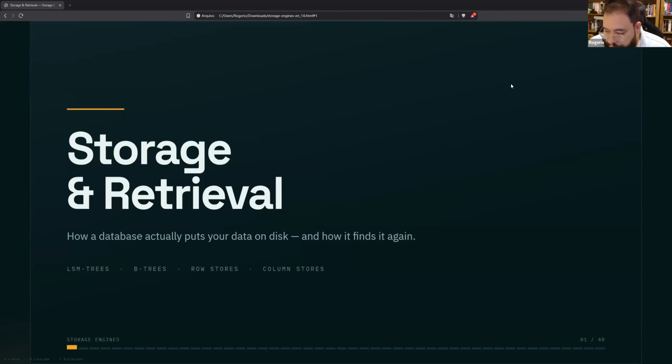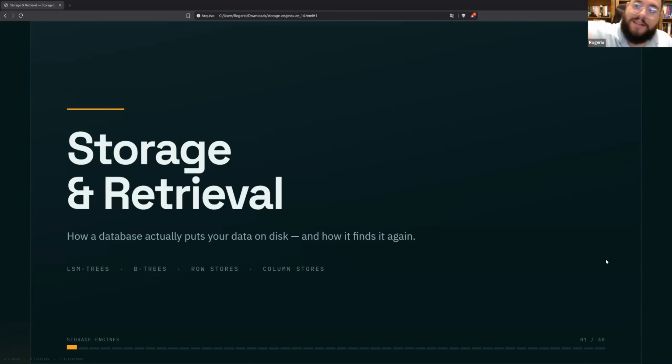So let's begin by making a distinction. A database almost always is an implementation of a storage engine. So that's the difference. Today I'll be talking about storage engines and not actually databases. This is the first thing that I would like to clarify tonight. So the first thing I want to talk with you about is: what is a database?